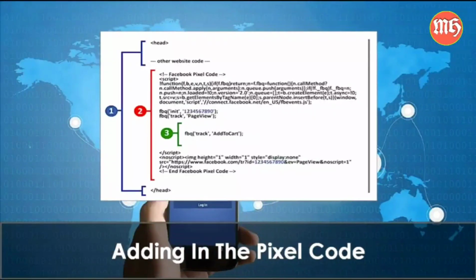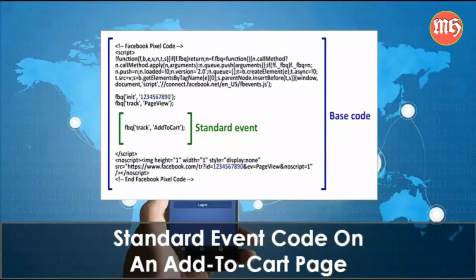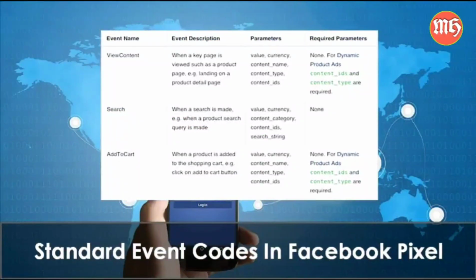Code example. Lastly, in your Facebook pixel code, above the closing script tag, paste the standard event code that is relevant to your page, for example, Add to Cart button. It's necessary to go through this process for every page if you want to track your Add to Cart as an example. There are various standard event codes available in Facebook Pixel for you to track, and each event code